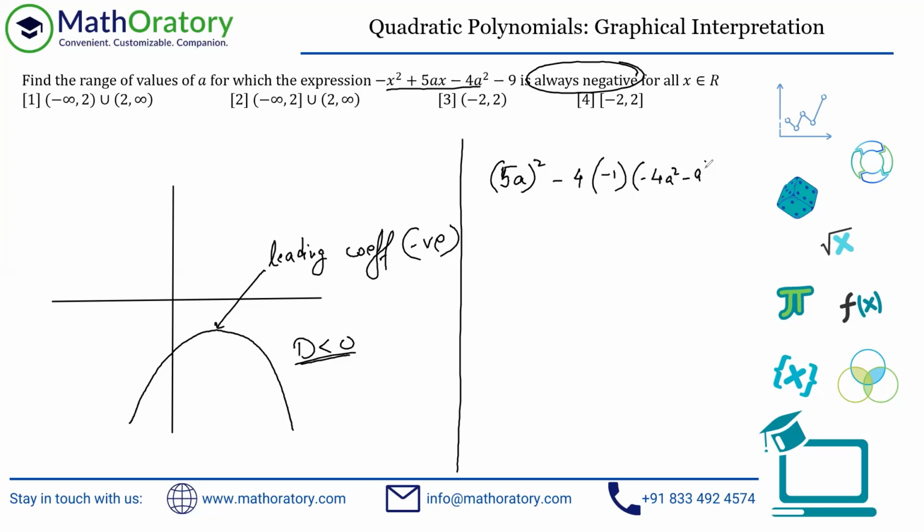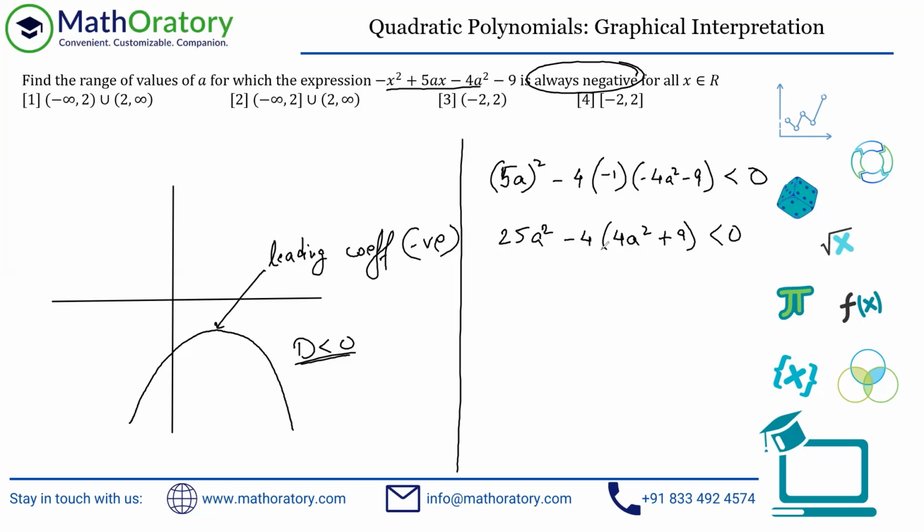I'm just writing this explicitly. If you're good with these simplifications, then maybe you can directly write this as 4a square plus 1, plus 9, and that is what I'm going to do next. So this is 25a square. Let me write this properly. Yes, if you have 25a square, then you have minus 4 into 4a square plus 9, right? You can start with this if you are good with simplifications. This step should be pretty easy to write.